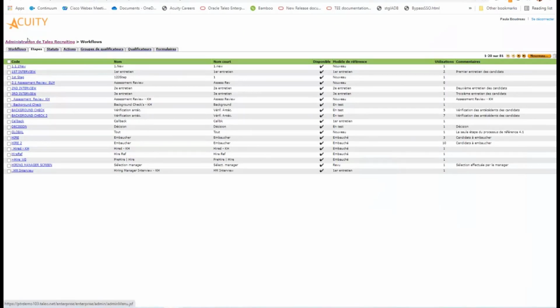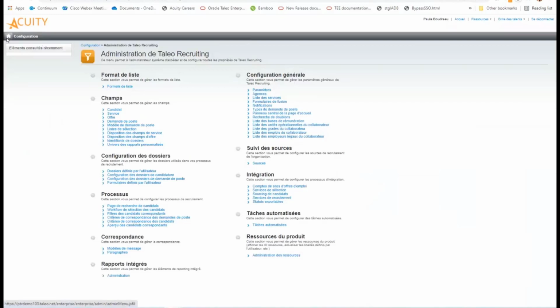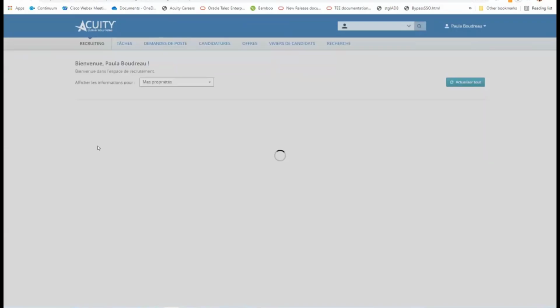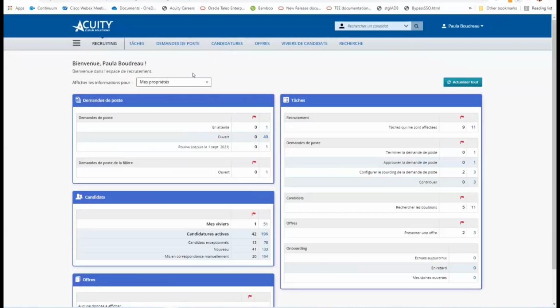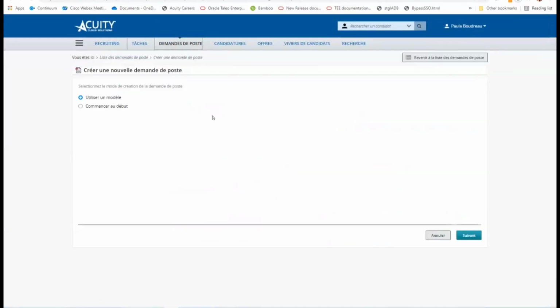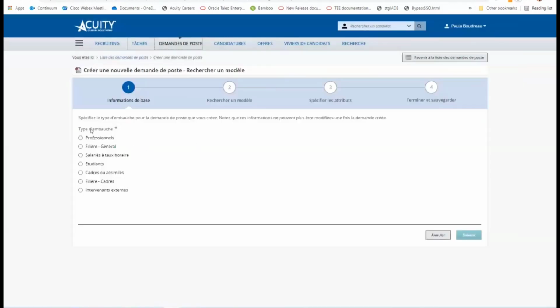I know that this can seem a little bit overwhelming, but one of the ways you can also do it is to highlight exactly what is being used currently. You may have fields that you've created that are no longer being used. So if you do a walkthrough in the language, that gives you a good idea. I would say you start from the beginning and create a requisition. Anything that is standard with Taleo will already be translated, and you can just go screen by screen